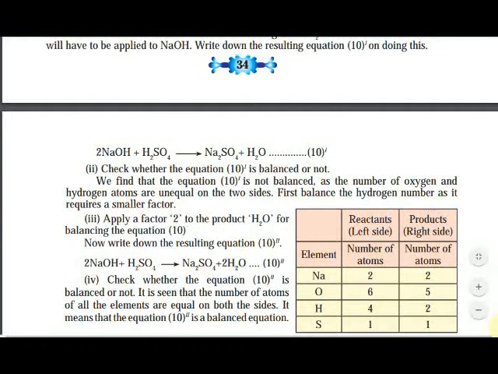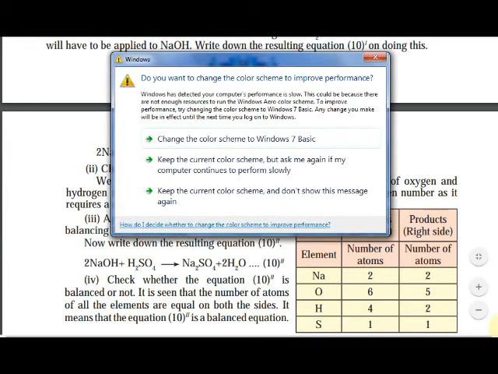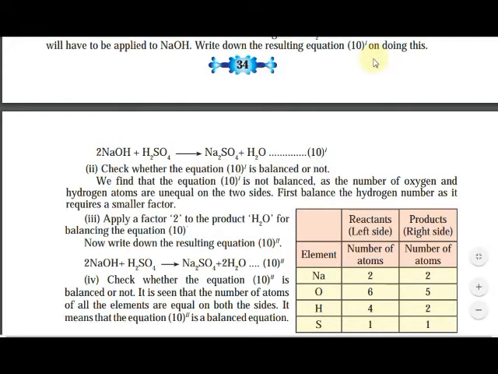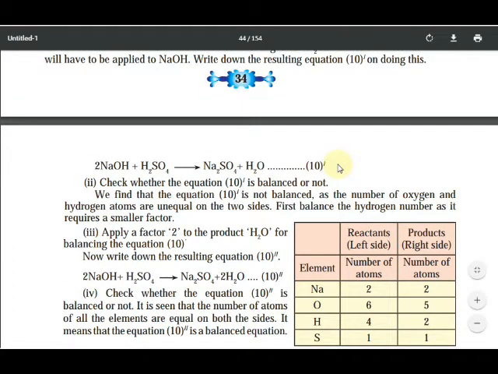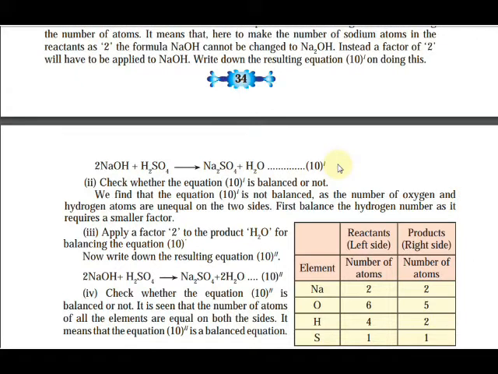Now again you check whether equation 10 is balanced or not. Again, only Na atoms are balanced. On the RHS and LHS, if you see the sodium atoms, what would be there? 2 atoms of Na, sodium atoms are there. Oxygen here 5, here 5. No need to balance. And sulfur is only 1 on the LHS side. But here also 1 is there. So if you check, what will you see?